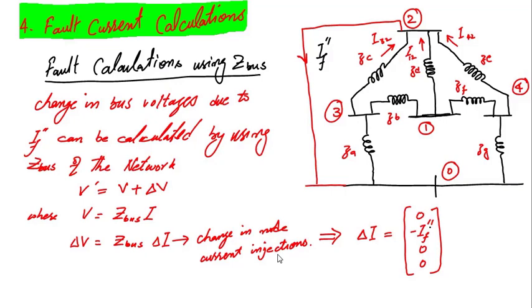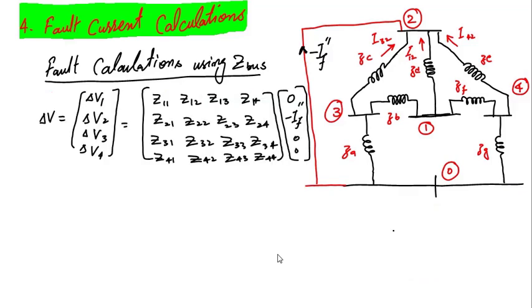Now why did we have this minus sign? I have already explained why we had this minus sign: because the actual current IF double dash is flowing out of the network. If we want to make it a current injection, that will be minus IF double dash. Let's multiply this vector